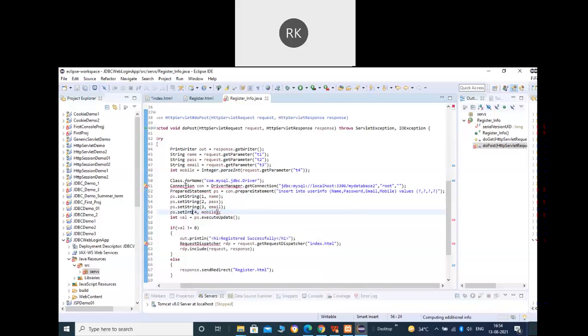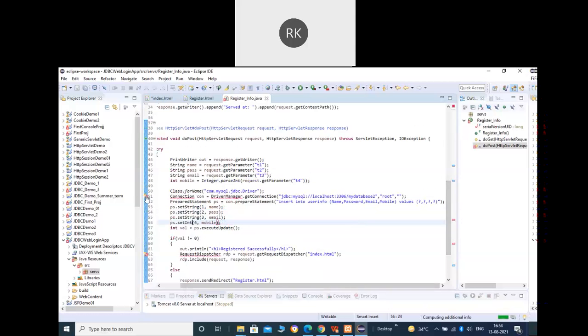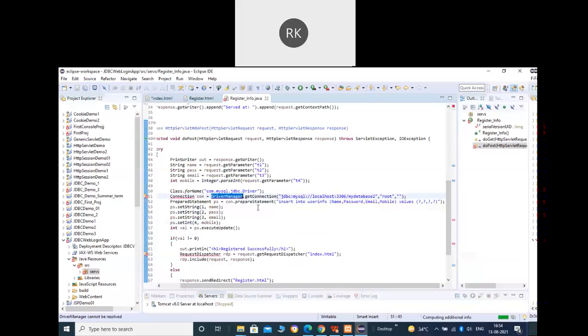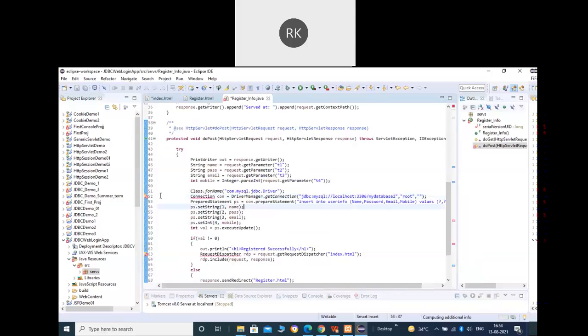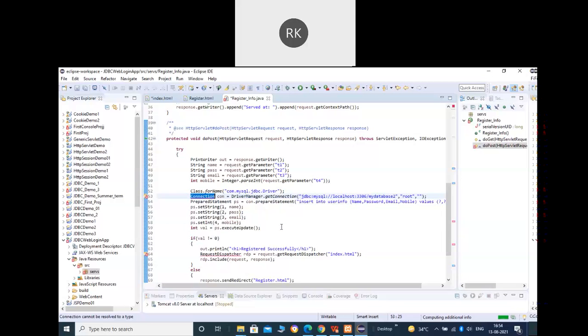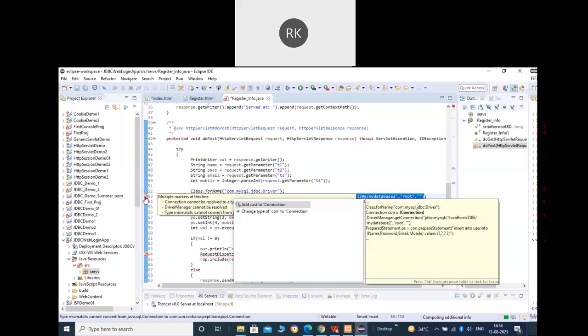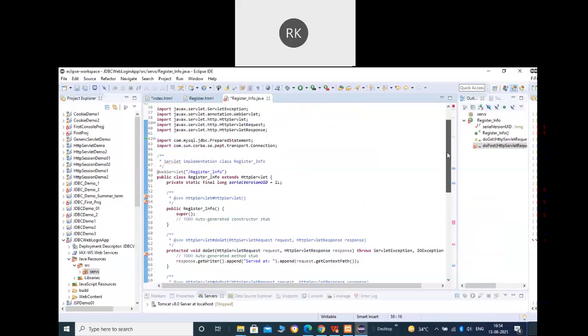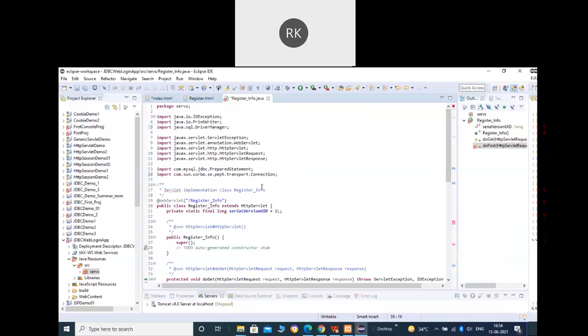Change the type of mobile. Okay, yeah. The problem is here. That is required to be an integer type. So here, in place of set string, we have to call set int. Okay, so this is required to be put here. And because we have not imported the SQL package, the SQL package is also required to be imported. From the SQL, let's import the required things only, the connection.